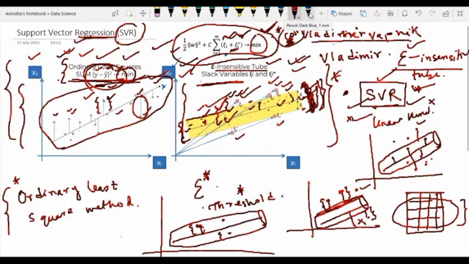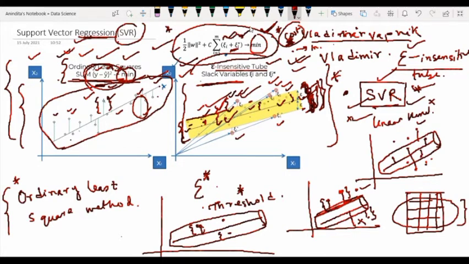What is our concept? The cost function always ignores the samples whose prediction is close to their target. Whichever values are close to their target value, the cost function never considers them, because they are already fine. So the cost function always ignores that kind of values. This is another concept implemented by support vector regression.